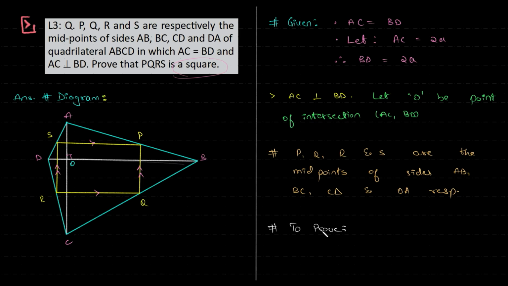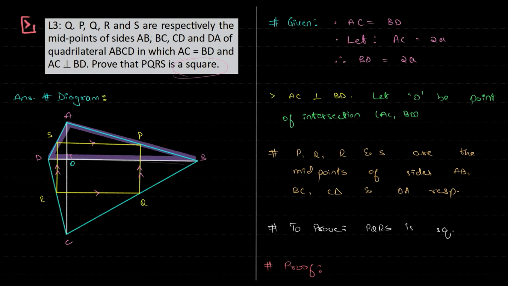And now to prove, so what is it that we are trying to prove? To prove PQRS is a square. So they have given what the end answer is, how the end answer should look. We just have to derive it and write it out. That's it. So math is very simple when they give what it is that we need to talk about. You have the answer in front of you basically. First thing first, we'll consider one of the triangles and tell that the base and the